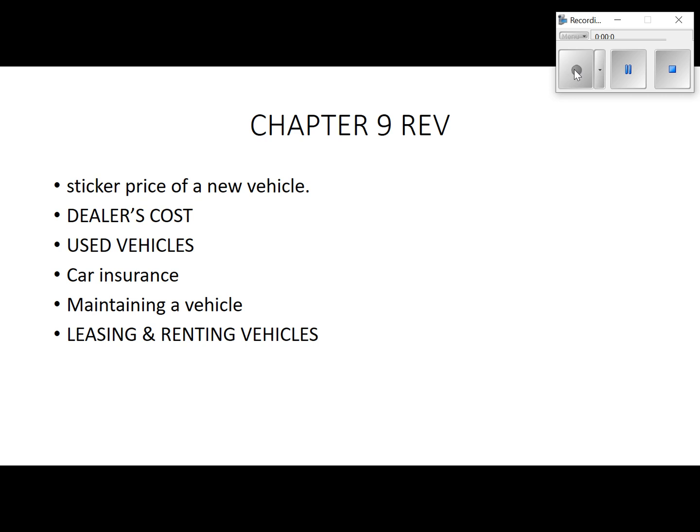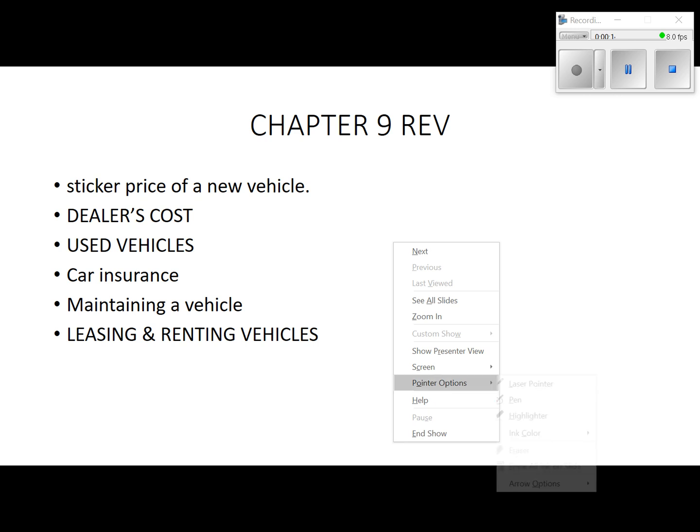All right, this is a Chapter 9 review for the transitions math class. This will go along with assignment number 8. Assignment number 8 is going to be a review packet that's on Moodle. On that review packet,